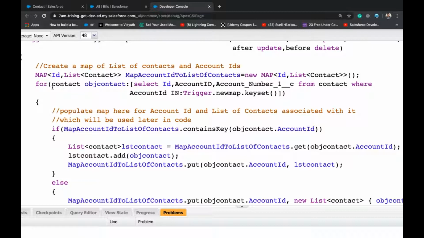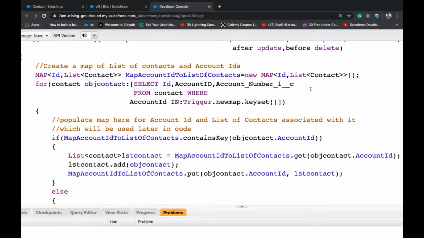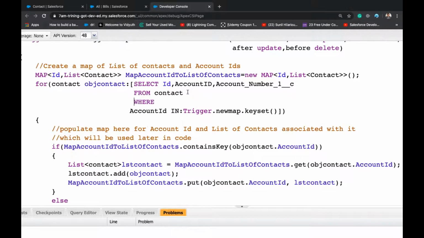Okay. Then for contact some obj contact, select ID. Always remember these should be in capitals, and it's always good to have all this on different lines.